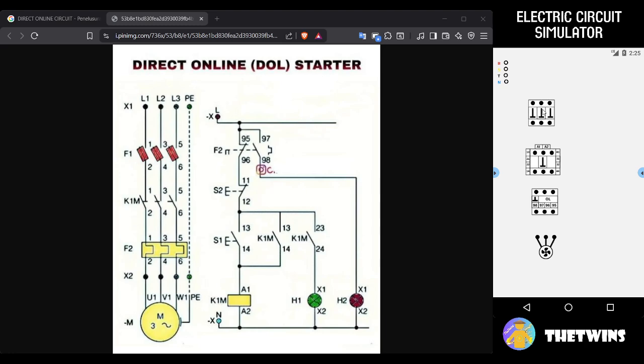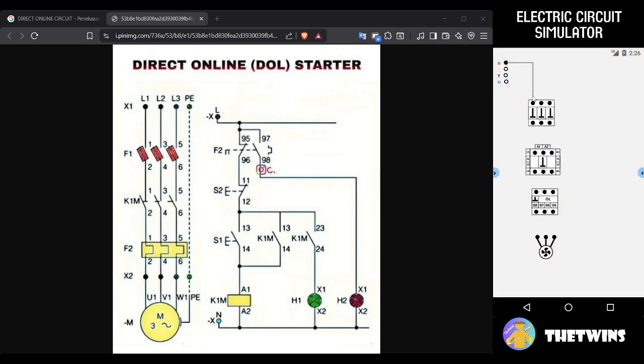To make a wire you can click on the circle like this. Let's see, L1 to F1 input MCB 3 pole. R to MCB 3 pole.